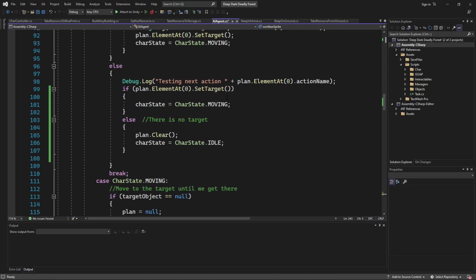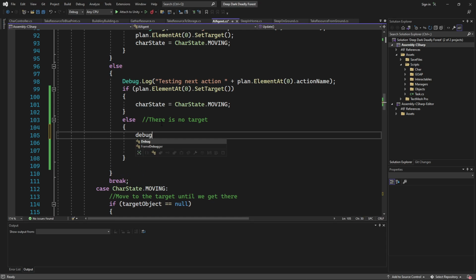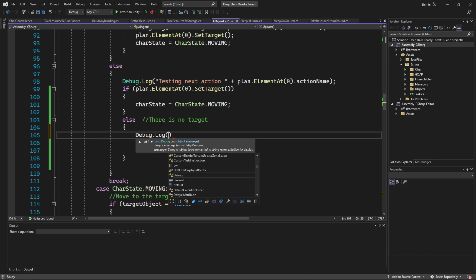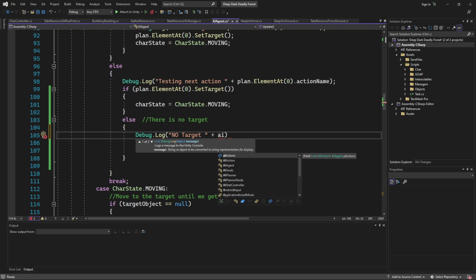If we have a target, then we start moving. If there is no target, go idle. Let's just debug log, no target. And let's just say plus agent name. Just the name.